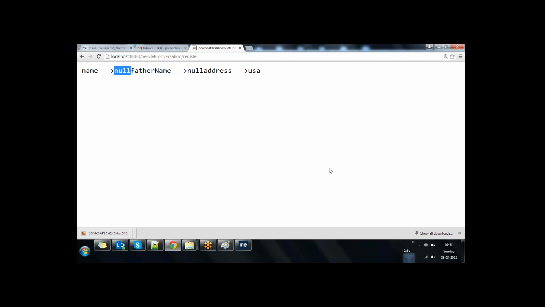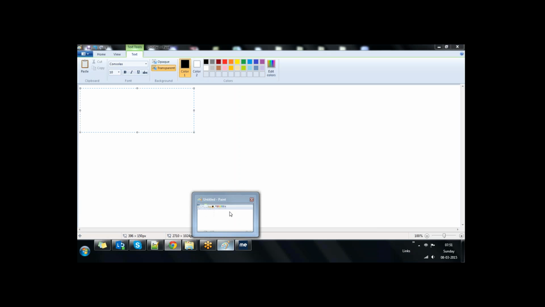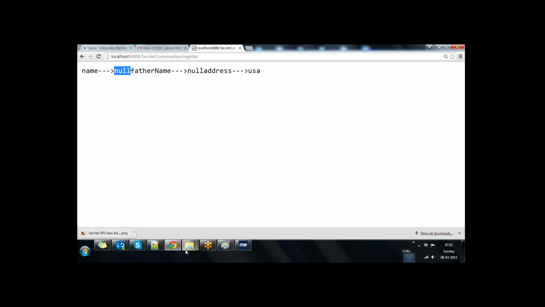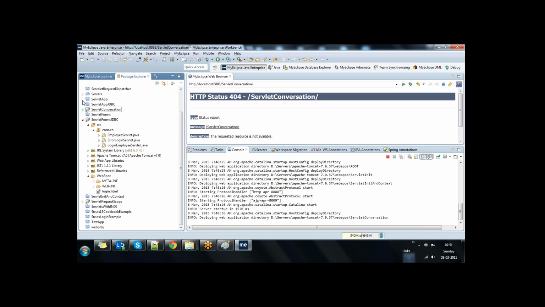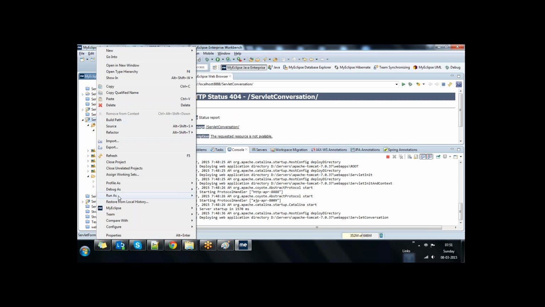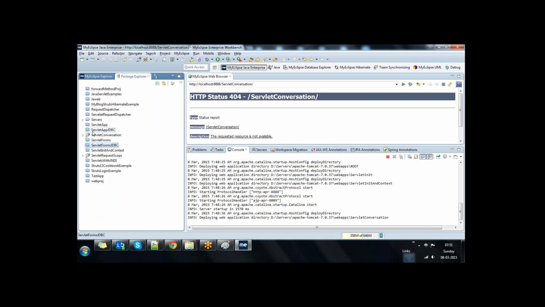If we give information in multiple steps to build a web application,